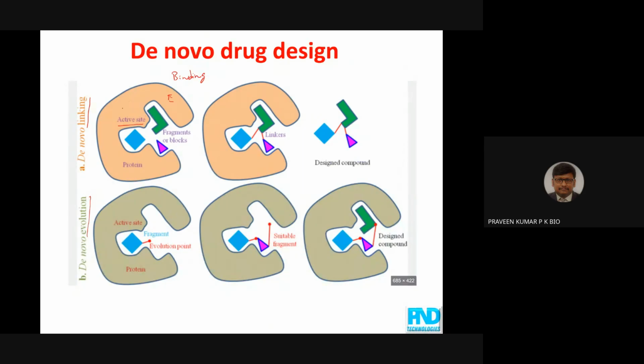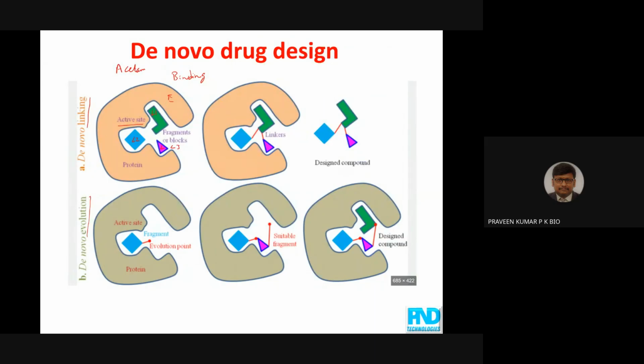So, if this is a receptor or an enzymatic receptor, this is a ligand. This is ligand 1, this is ligand 2, this is ligand 3. What is a ligand actually? A kind of drug or inhibitor or whatever it is. So, if you have three ligands which are binding in three different positions in that particular receptor, and if each and every binding shows a significant biological activity, for example, if you take